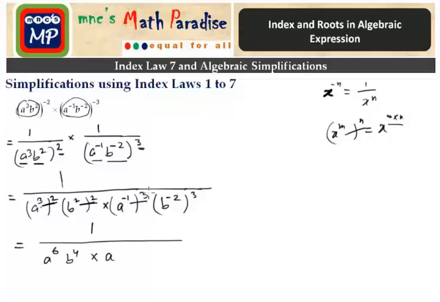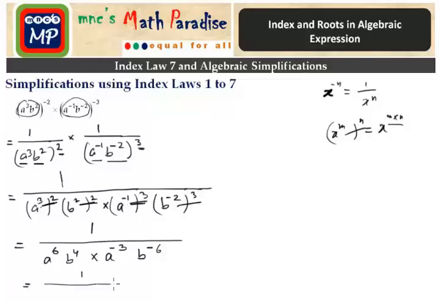A to the power -1 to the power 3. So power on power, these two will multiply. So -1 times 3 gives -3. B to the power -2 to the power 3. So here these two powers will multiply. So -2 times 3 is -6. So now we will be getting